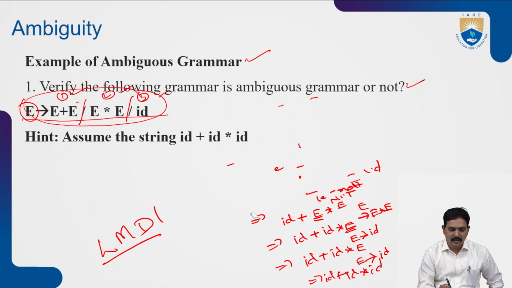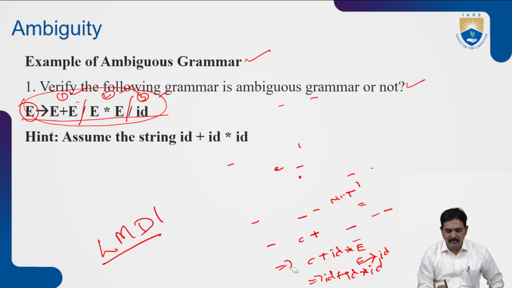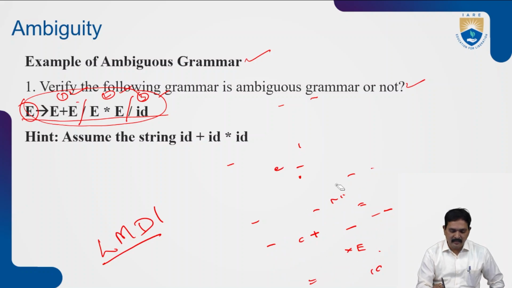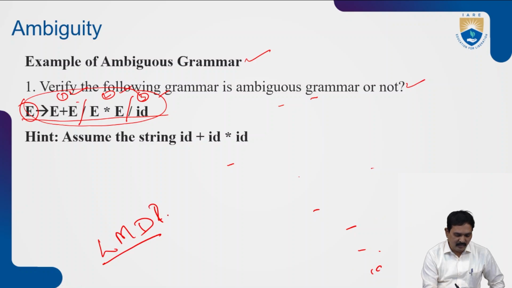Leftmost derivation two. I will show the solving of leftmost derivation two to obtain the same string, id plus id into id. So now the idea is that I'm going to construct the leftmost derivation number two. So what is leftmost derivation two? I'm starting here again